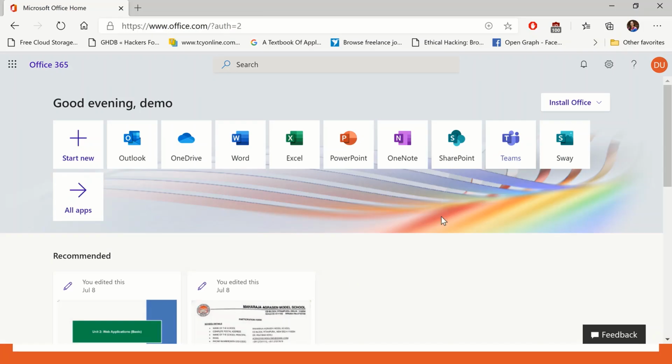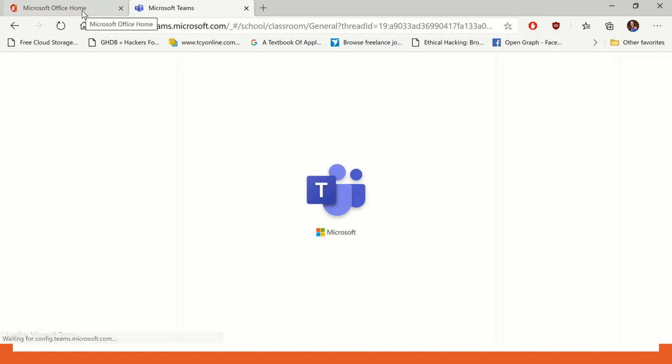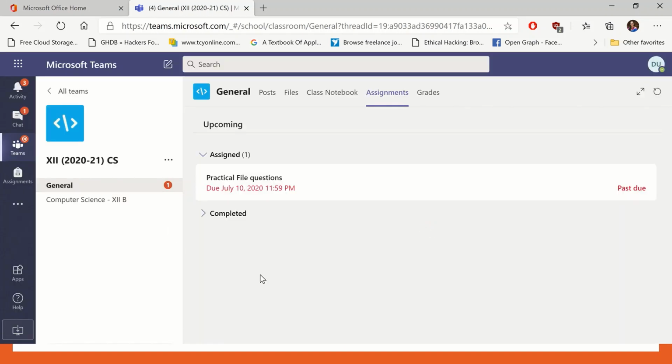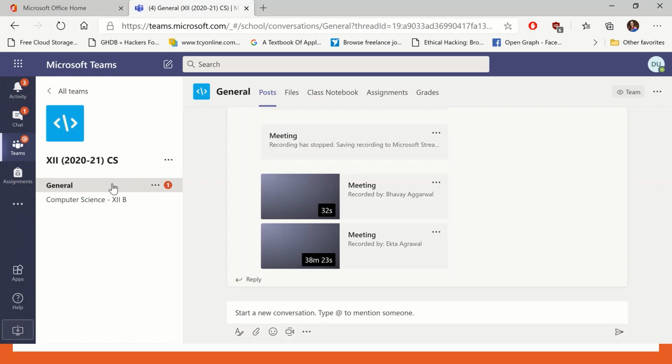Now see the window of the student, how the test will look like. So students can open it like they open for their class. So if you see here, the test has not reached yet. So students will get the message here.